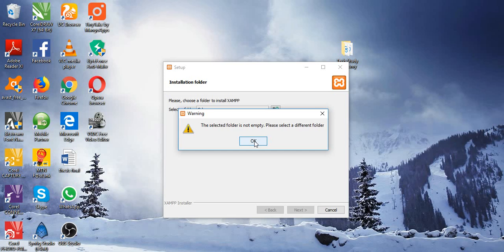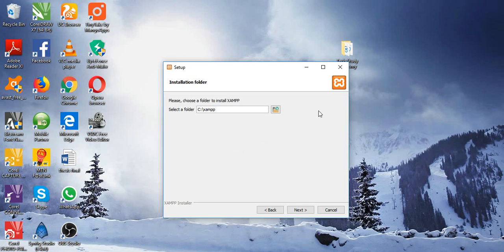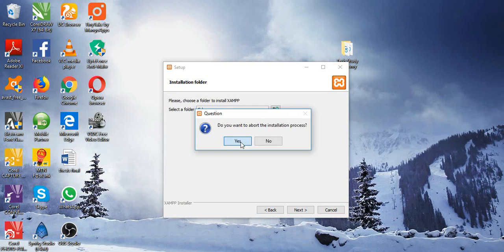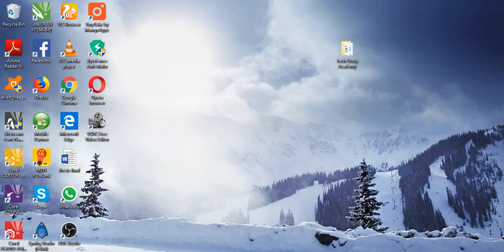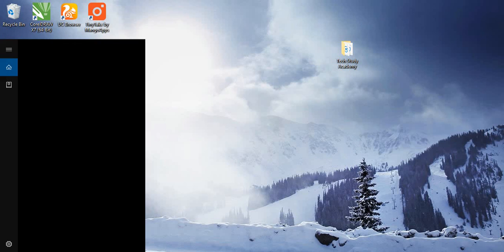But in this case, I already have the latest version of XAMPP installed on my system. So we're going to stop here. Of course, if it is in your own case, it won't bring up this message for you. So you just click on next and your installation begins. And then you wait and relax until your installation is finished. Okay? So when your installation is finished,